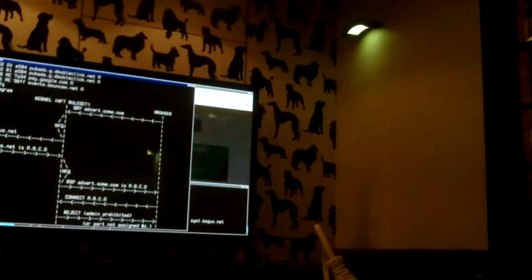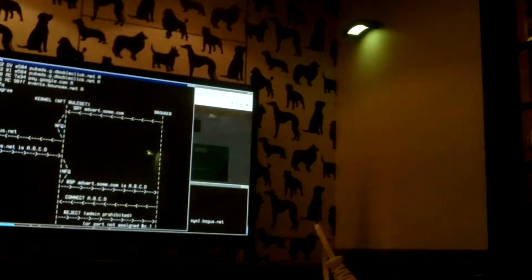So that's why NFQ on the way back has to look up its saved queries that have gone off to the DNS and change the name back to what it was in the query, before it gets back to the browser. So the browser gets back an answer saying advert.sum.com is at some address, which is actually a bogus